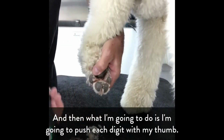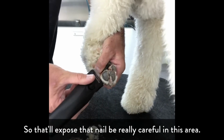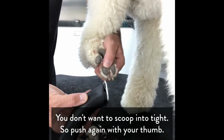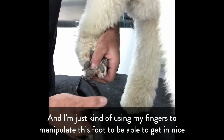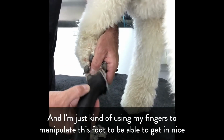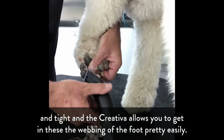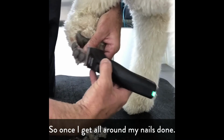And then I'm going to push each digit with my thumb, so that'll expose that nail. Be really careful in this area, you don't want to scoop in too tight, so push again with your thumb. I'm just using my fingers to manipulate this foot to be able to get in nice and tight. And the Creativa allows you to get in the webbing of the foot pretty easily. So once I get all around my nails done,